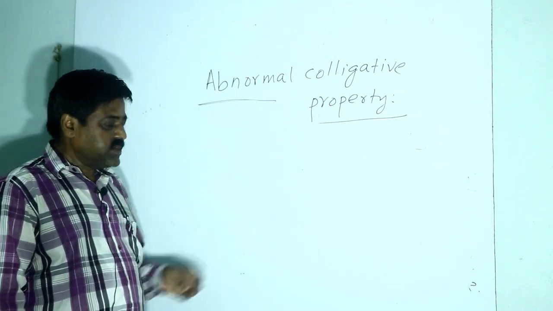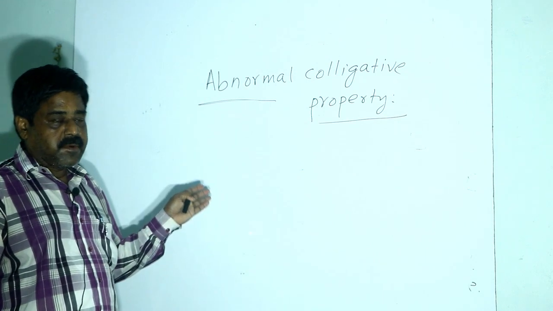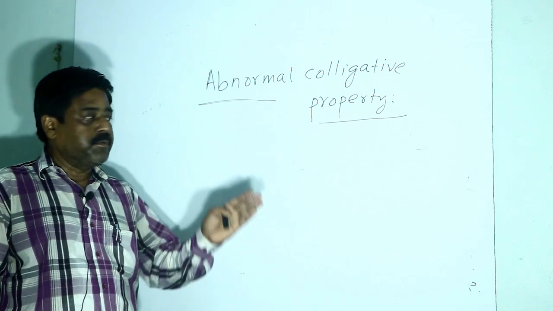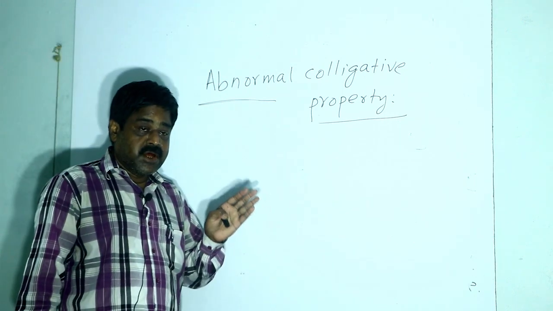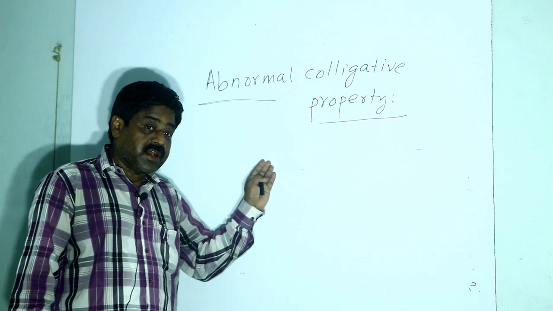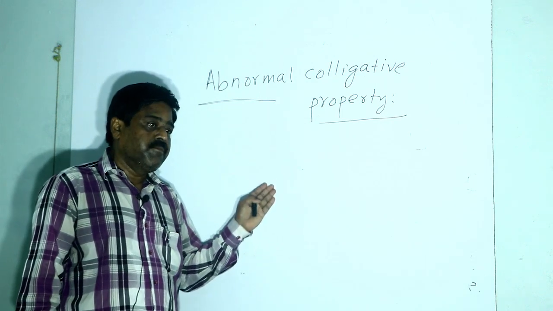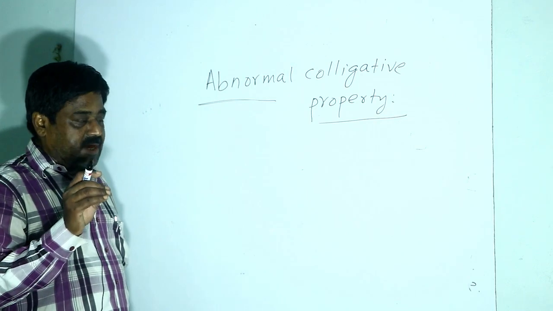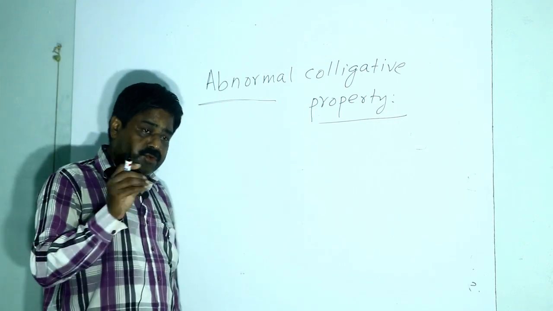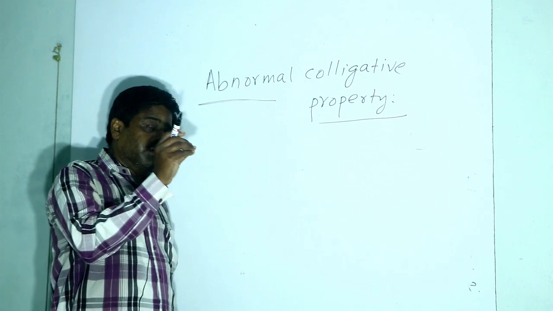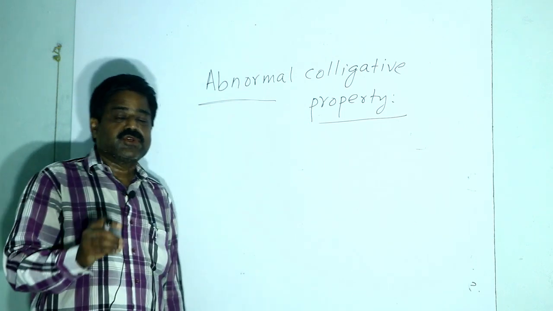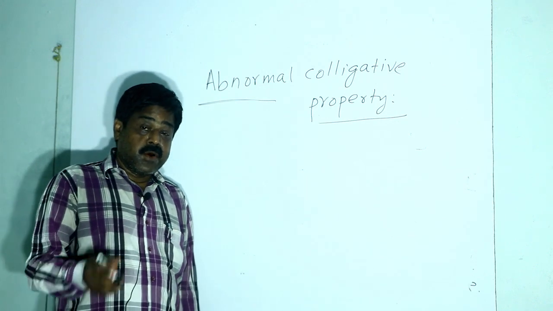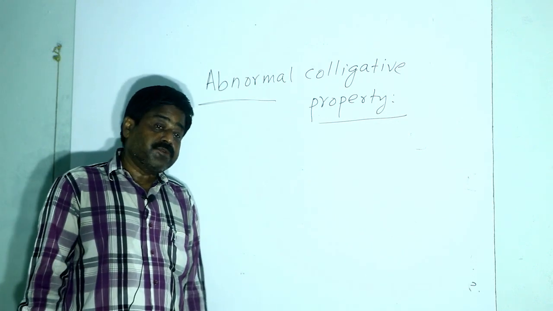In the previous classes we have discussed the colligative properties: the lowering in vapor pressure, elevation in boiling point, depression in freezing point and osmotic pressure. From this data we consider that the solution behaves ideally. If it is ideal, it means there is no solute dissociation or association in this particular solvent. But all solutes are not of the same type.